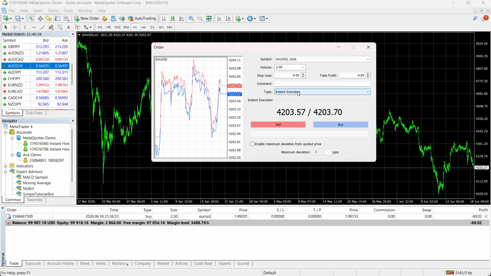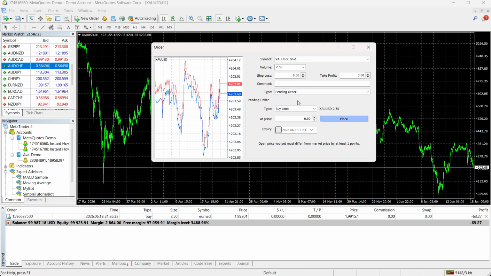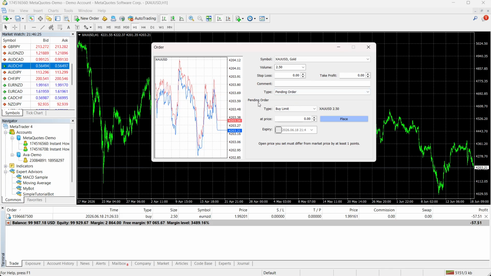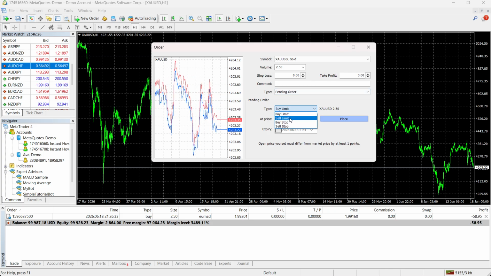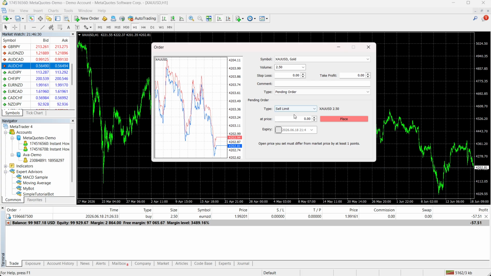Then where it says type, you want to switch from instant execution to a pending order. And when you actually do this, as you can see, you can then select the pending order type. You have buy limit, sell limit, buy stop, or sell stop. Select the one that you want to do, select the at price over here, and then you can also select